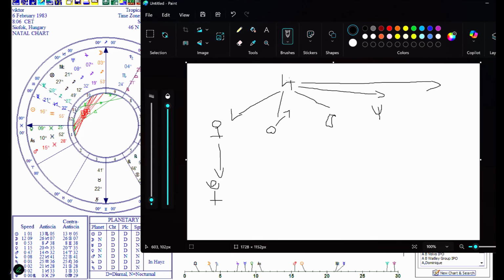Also, remember, not all charts have a final dispositor. It's actually quite rare for a chart to have just one final dispositor. Many charts, for example, have loops, which are planetary mutual receptions, like Moon in Taurus and Venus in Cancer. That's a type of dispositor tree as well. Or maybe you have two or more final planets, which creates a more complex, less hierarchical power structure.